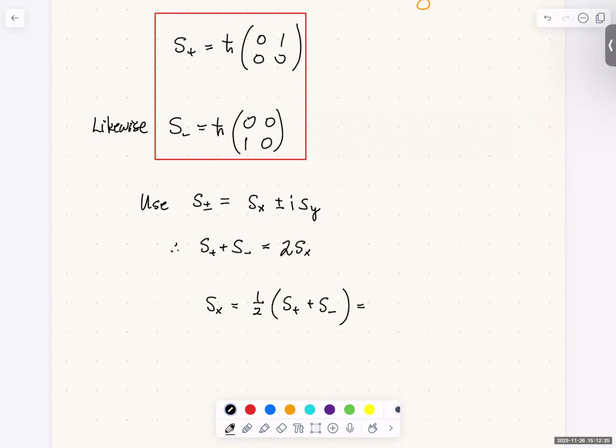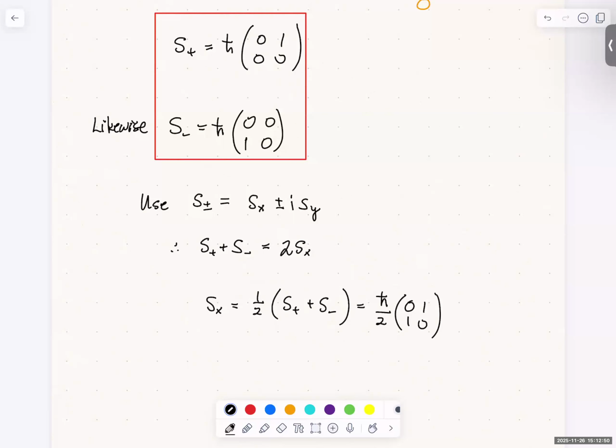Okay, and so that means Sx is 1/2 of S plus plus S minus. Well, I have S plus and S minus right there. And if I add them up, I'm just going to get 1, 1. I have to have a factor of 1/2, but that's fine. So I get h bar over 2, 0, 1, 1, 0. Whoops, that's wrong. 0, 1. Okay, and lo and behold, again,